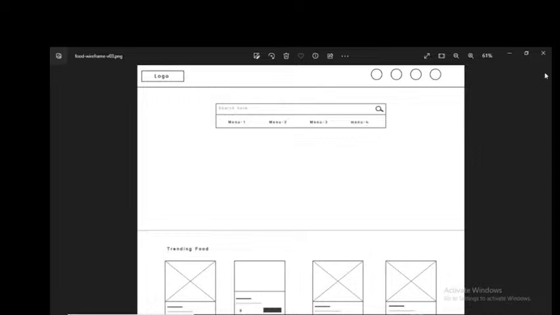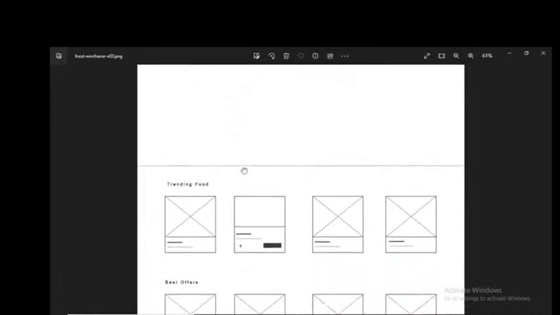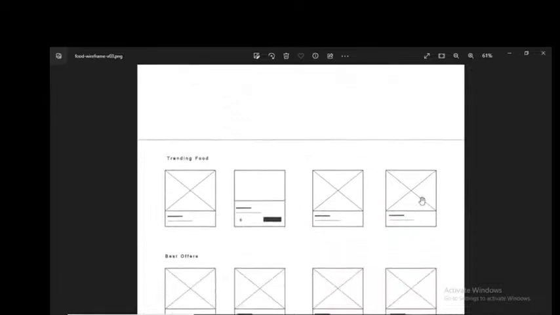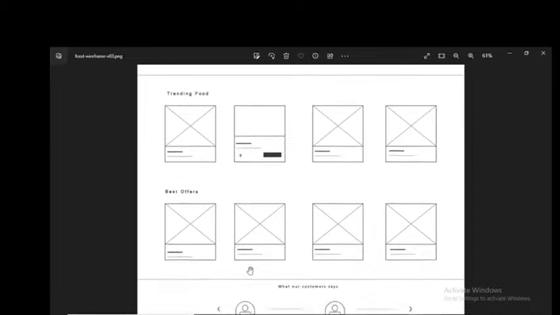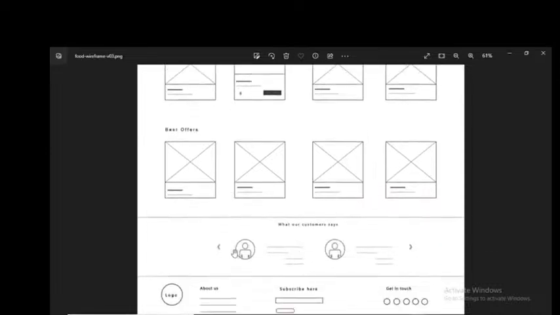Touching to that, okay, there is a menu 1, menu 2, menu 3 and menu 4. Okay, everybody, and then after there are products, and we are displaying 4 columns for each and every row. Understanding my point? For every row we are displaying 4 columns, and then after there is a heading, trending food, then after best offers there are also 4 columns, then after reviews, for the review slide